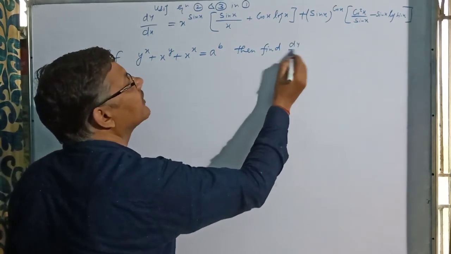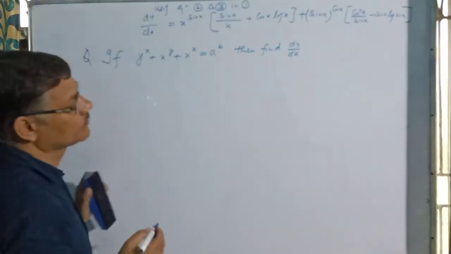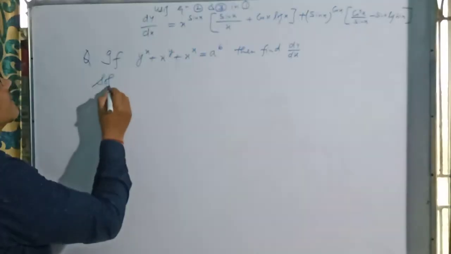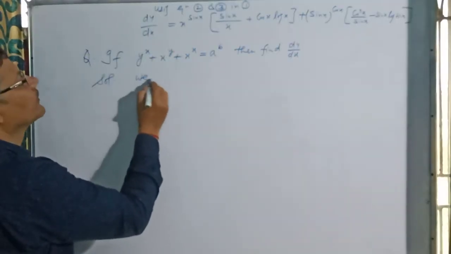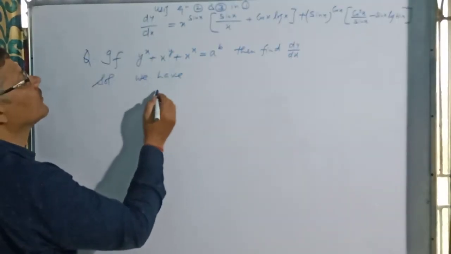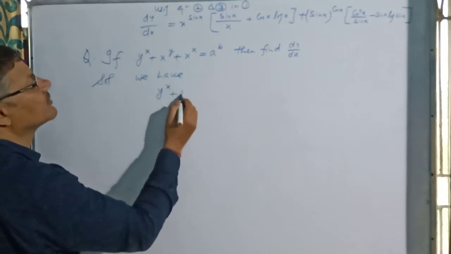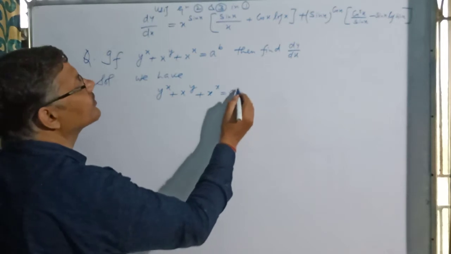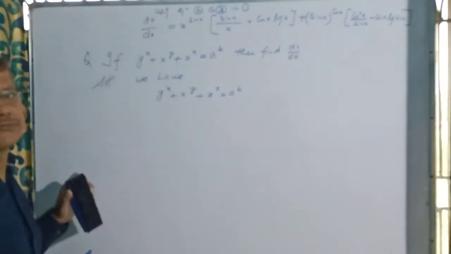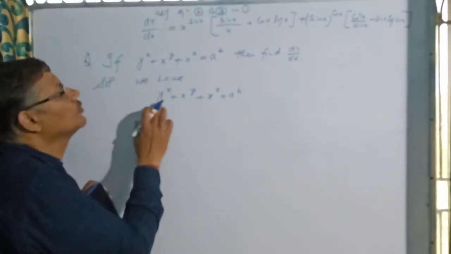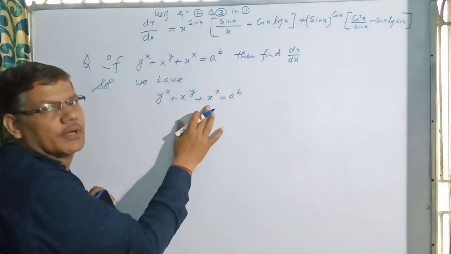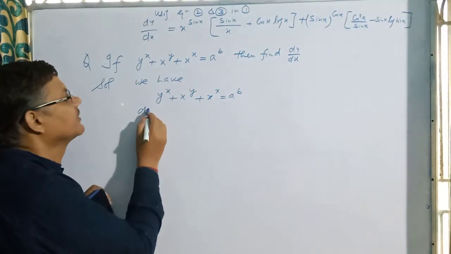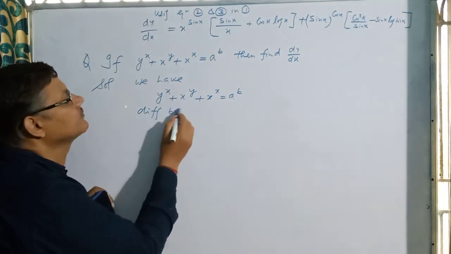That is again dy by dx. Now we start the solution, that is we have y power x plus x power y plus x power x is equal to a constant, either you take u, v, w in the starting or after that. So differentiating both sides